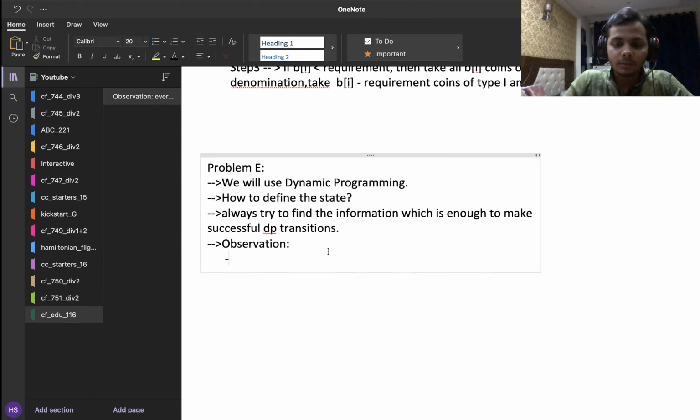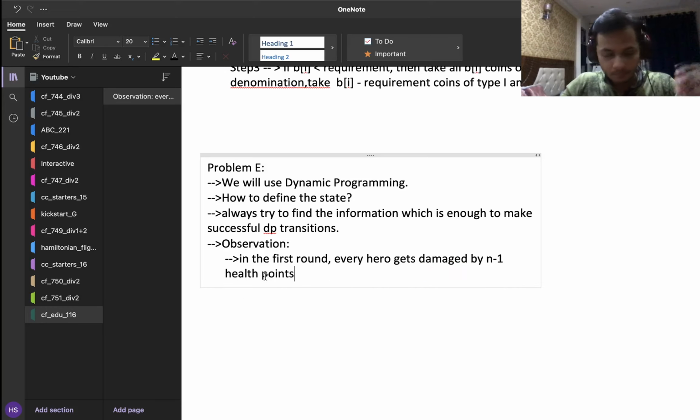And so in the first round, every hero gets damaged by n minus 1 health points. Yeah, so that is what happens.